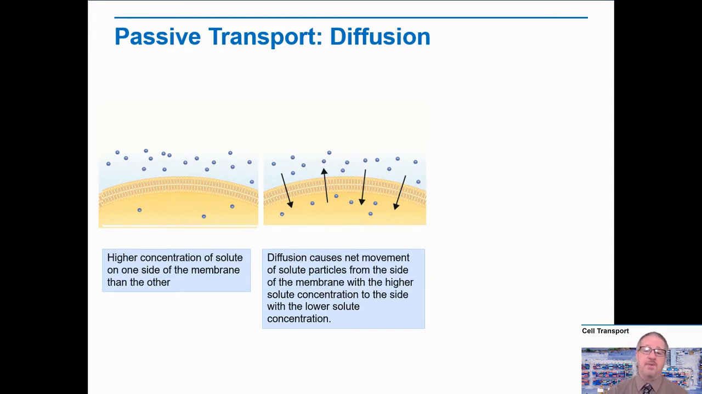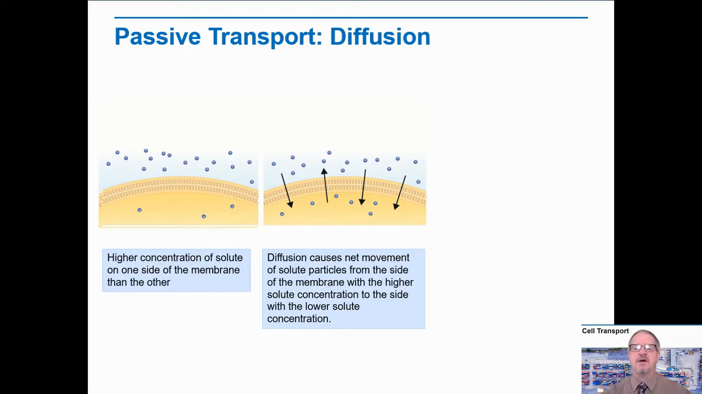Now, the concentration could be higher inside of the cell, and therefore the concentration gradient would be from inside the cell to outside the cell. But in this particular illustration, we see that the concentration is greater outside of the cell, so the concentration gradient goes from outside the cell to inside the cell. Now, eventually, there's going to be more solutes inside of the cell than outside of the cell if they only go one direction. But we have arrows here that indicate that there is some movement of solutes the other direction